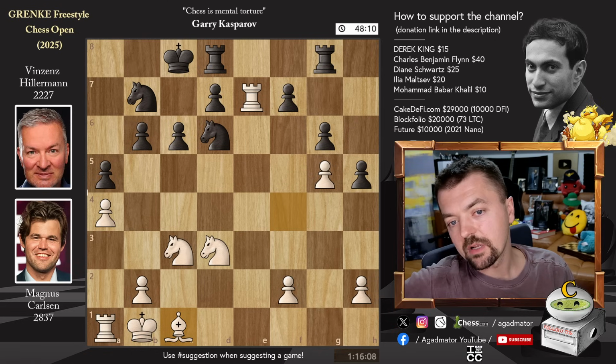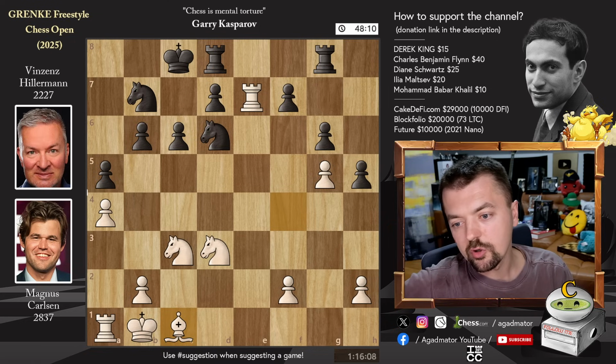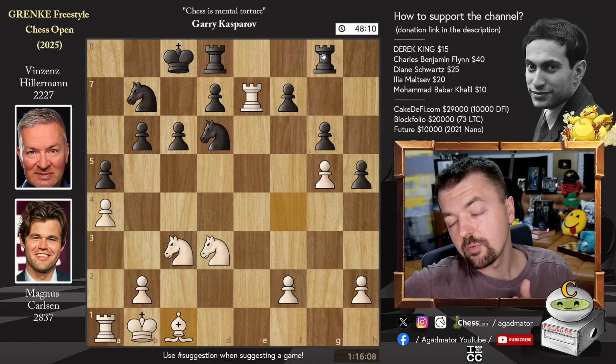I think he figured out that, okay, all of my pieces are completely immovable, basically. I could prolong this game and make Magnus suffer, but I'm gonna call it a day, and he just resigned here. And it's not a bad decision, actually, because if we play a couple of best moves for